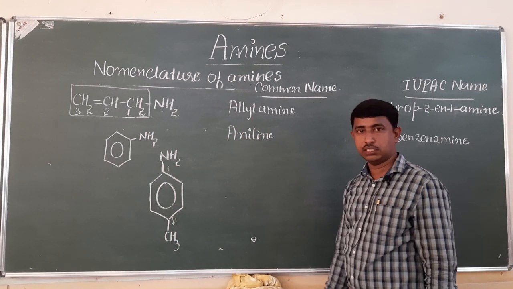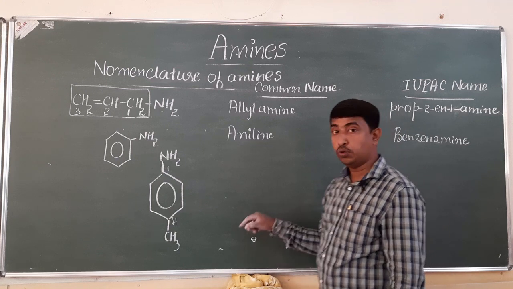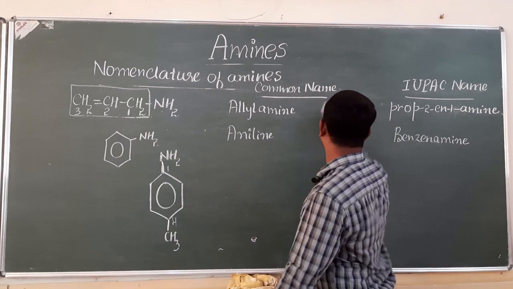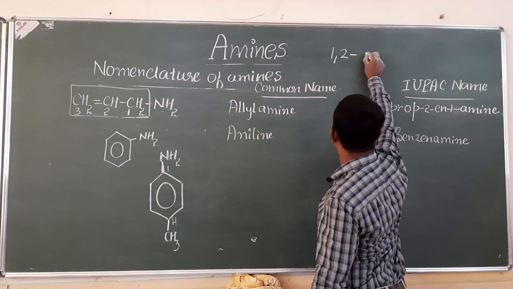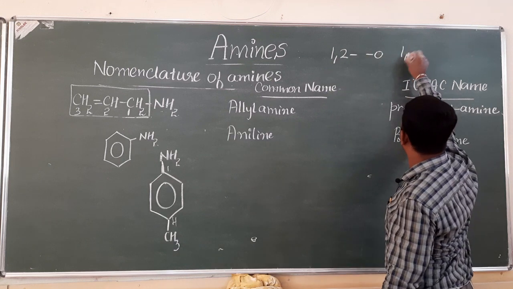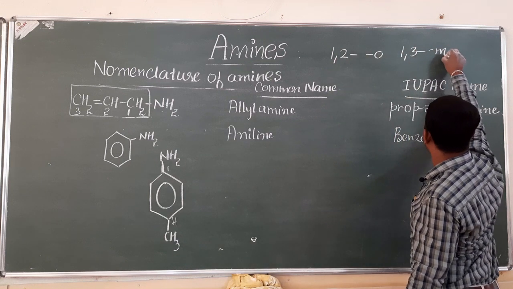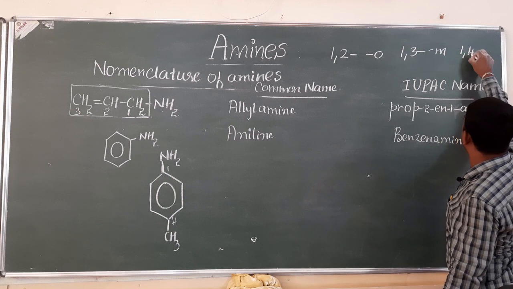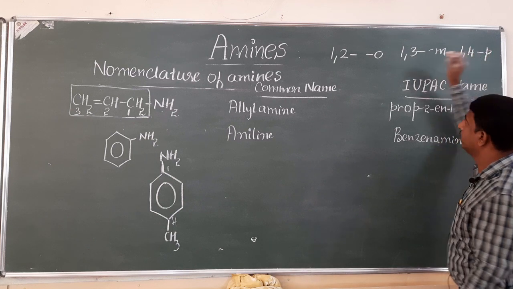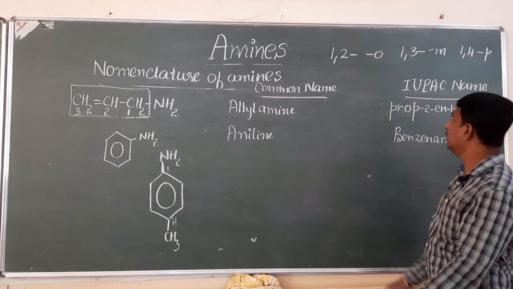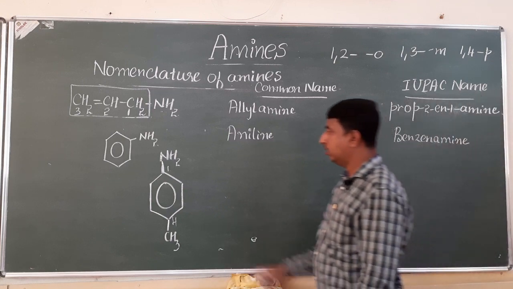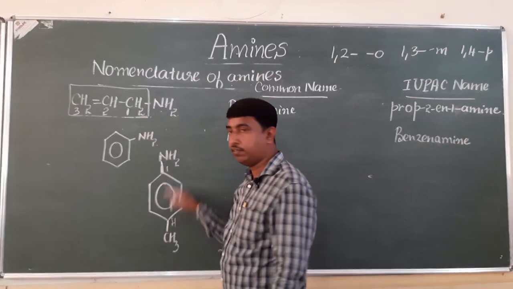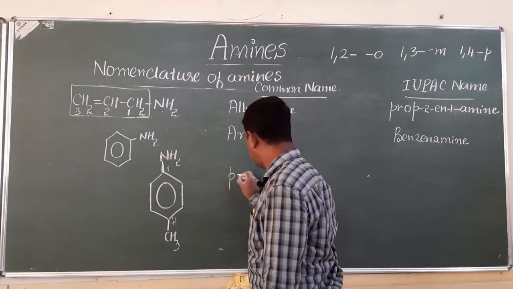These positions are named as what? 1, 2 position is named as ortho. 1, 3 is named as meta. 1, 4 is named as para. So 1, 2 ortho, 1, 3 meta, 1, 4 para. This is 1, 2, 3, 4. 1, 4 position, so it is para